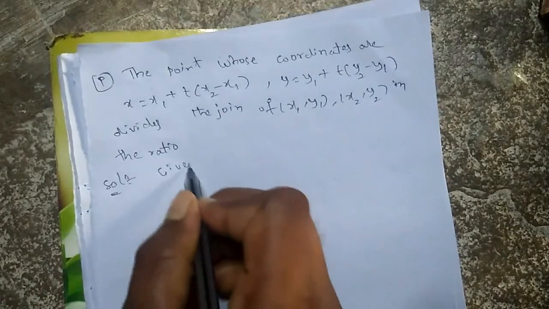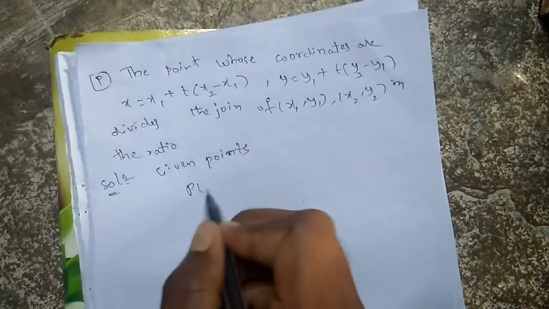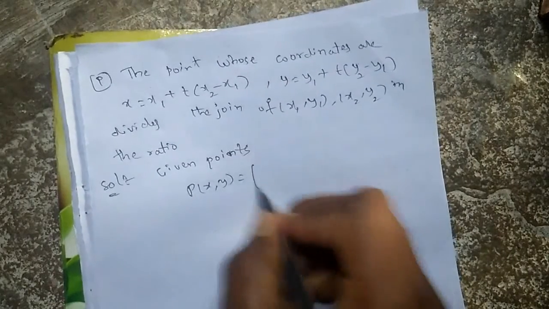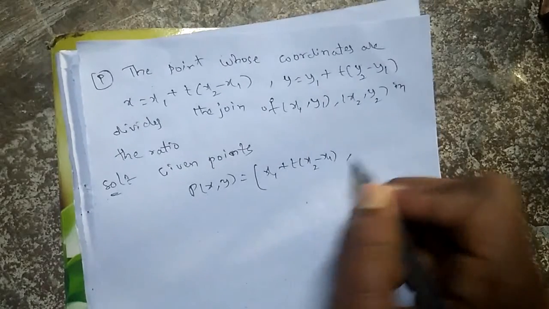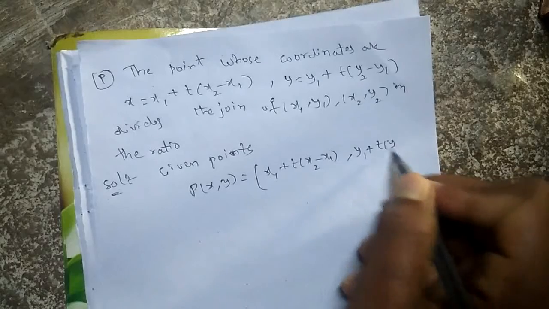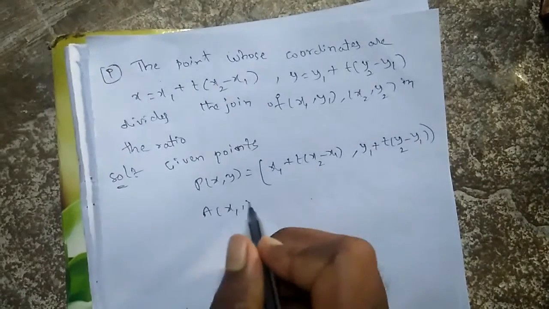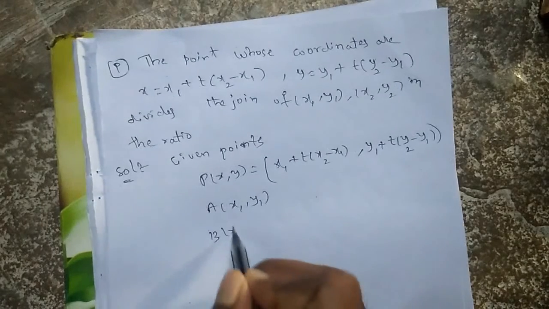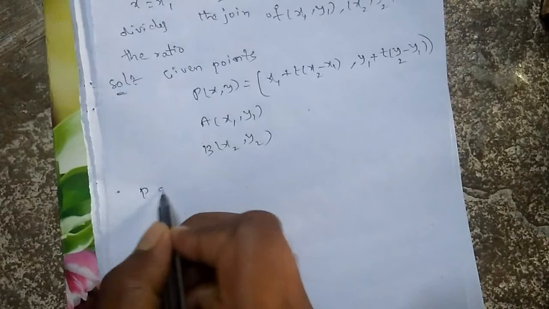Here given points. Let P(x, y) be (x1 + t(x2 - x1), y1 + t(y2 - y1)), and A is (x1, y1) and B is (x2, y2). Here P divides AB in the ratio